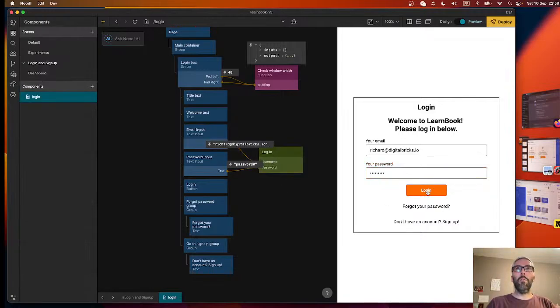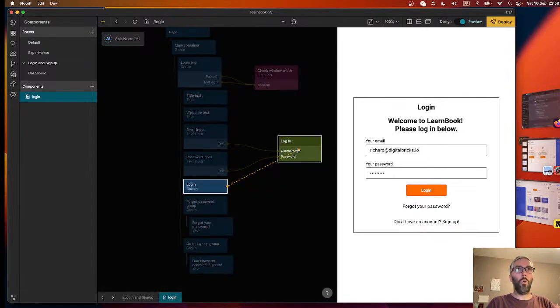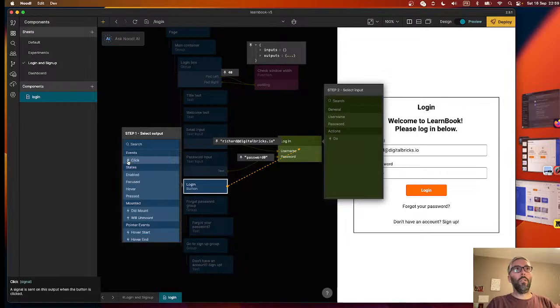So then if I click, I can't remember what I was talking about. Oh yeah, so the values have gone in. So the values are in the node waiting to go, but there's no action yet. Actions in Noodle come not from orange strings, noodles, but from blue string, which is sending signals. It's actually calling the function basically. So we need to, when the login is clicked, we need to call the login function. It's represented by